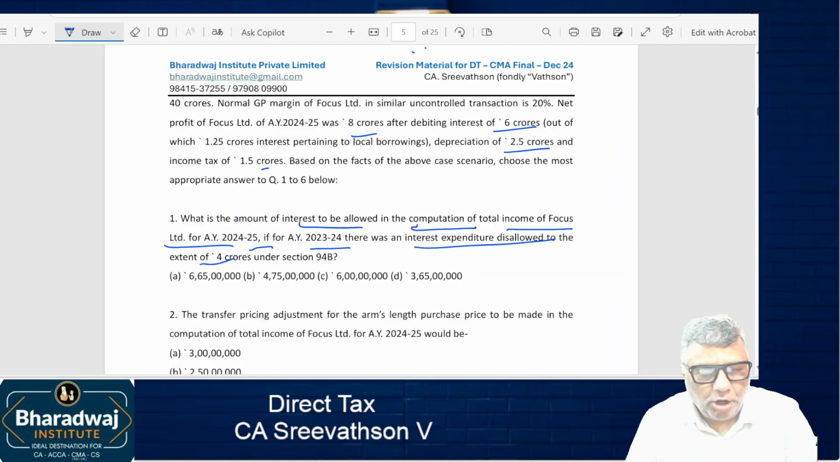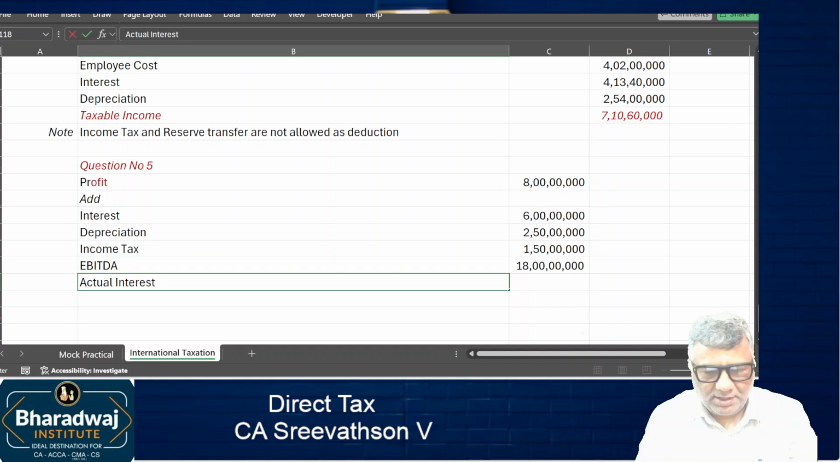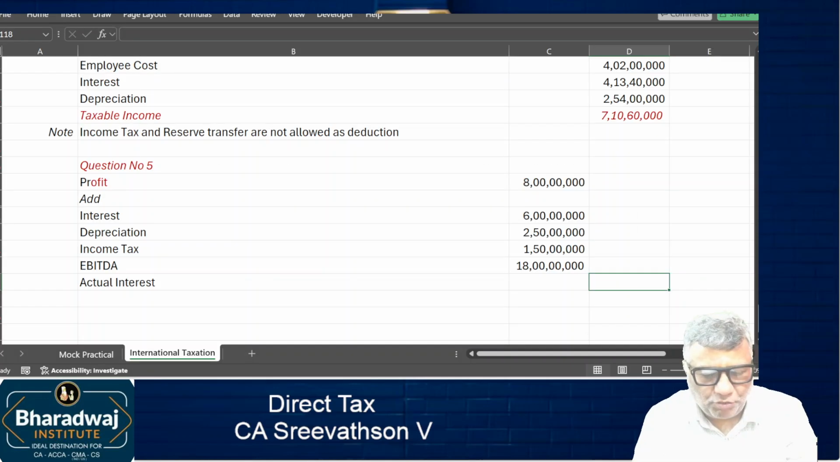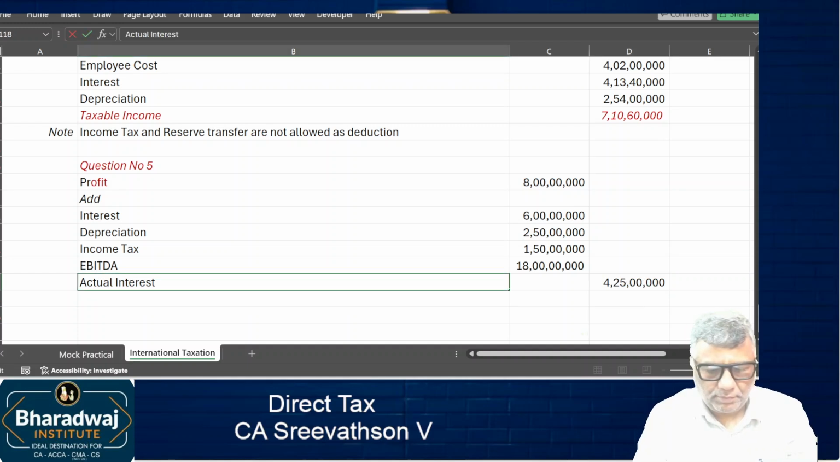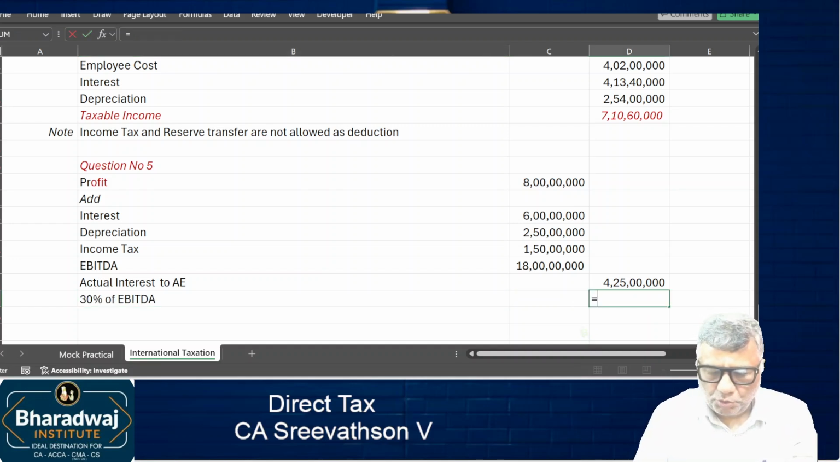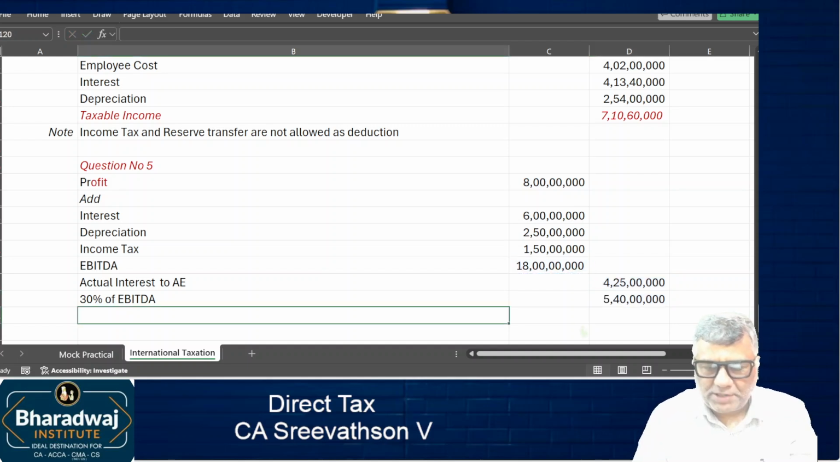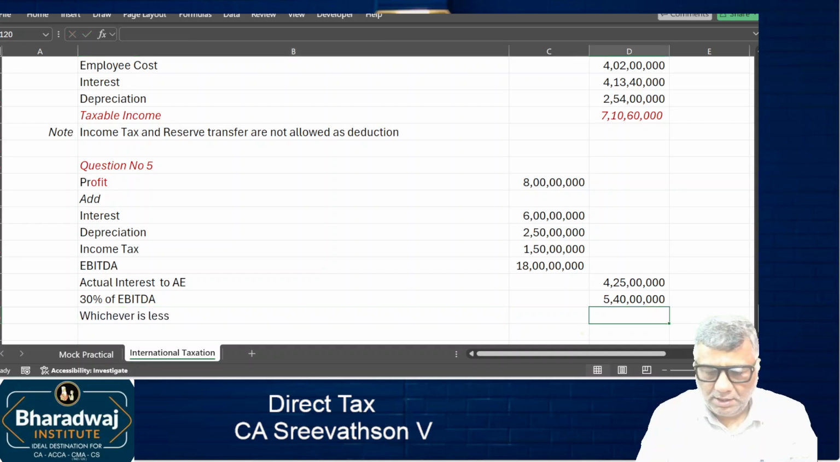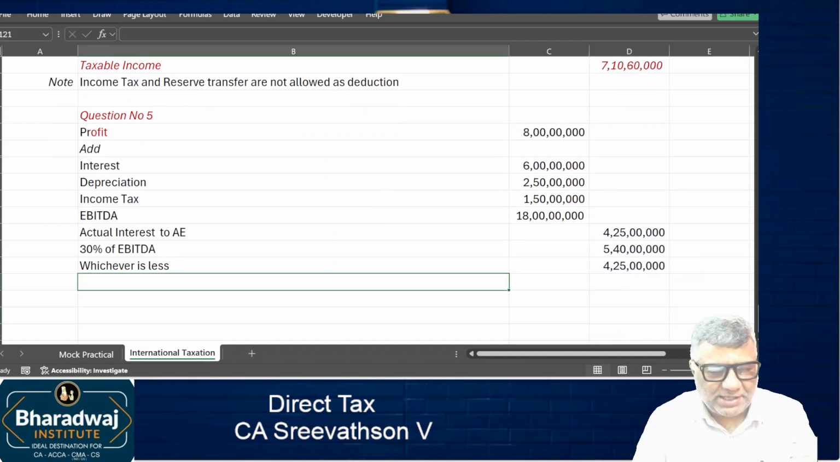18 crores. Okay. So, actual interest, now I understand, it is 4.25 crores. Okay. 30% of EBITDA. So this into 30%. Okay. Whichever is less. So minimum of these two things. So since actual is lesser,